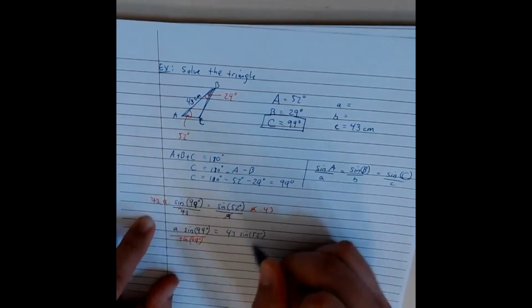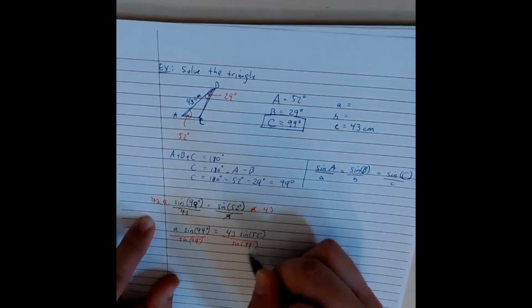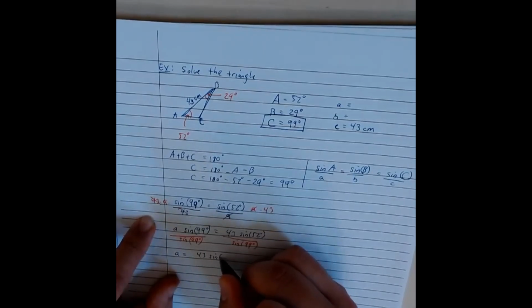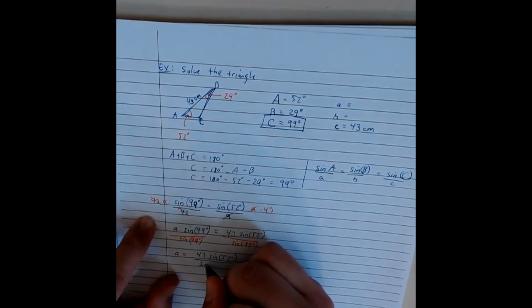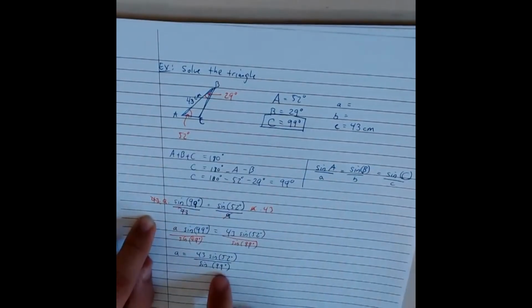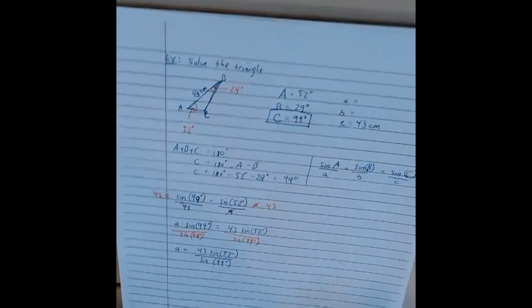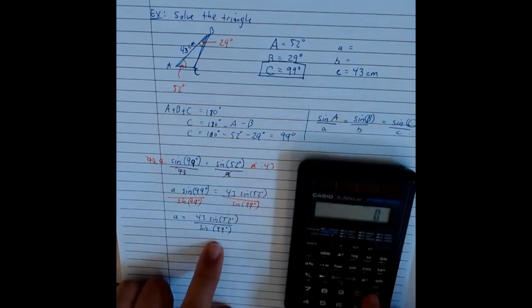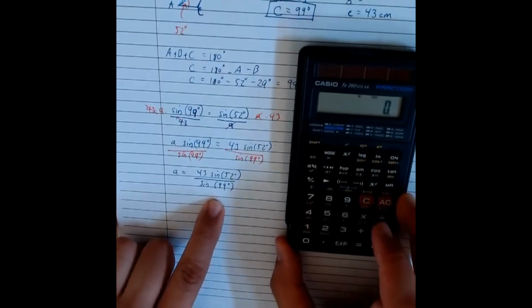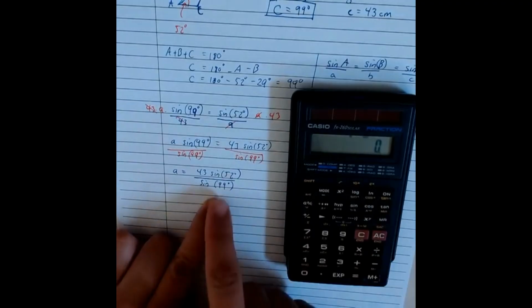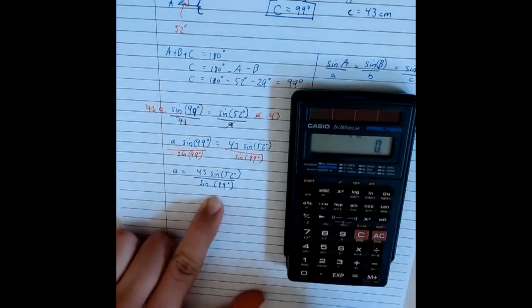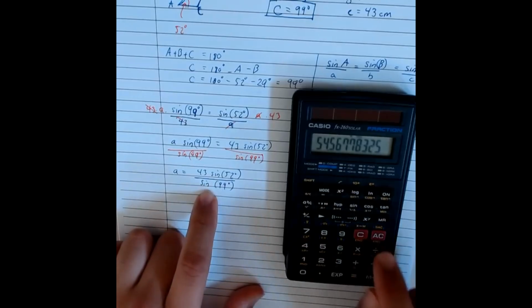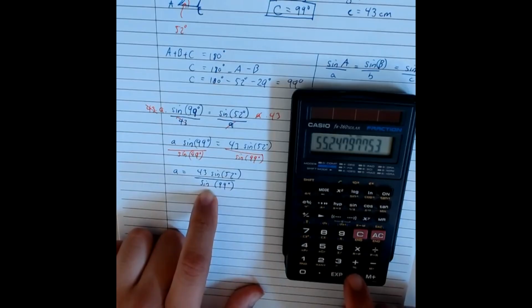So let's go ahead and do that. Just like that. And so this will give us that a is equal to 43 times the sine of 52 degrees over the sine of 99 degrees, which is an exact solution. That is exactly the right number. However, in many application problems, you often care about an estimate. You often care about a decimal number, less than exact value. So for that, we can always plug these numbers into a calculator. So here we go. Make sure this is in degrees. So I'm switching my calculator to degrees now. So that's going to be 43 times the sine of 52, and then I'm dividing that by the sine of 99. And that gives me